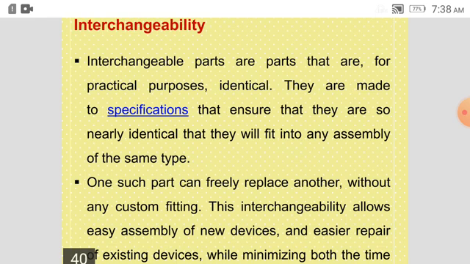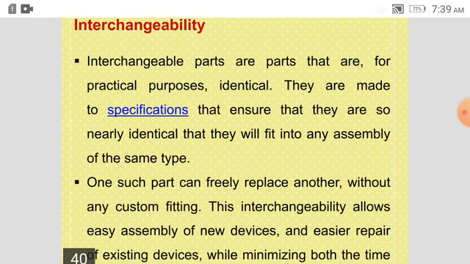So it may be some pistons, if you require, say of 50 diameter, then some 10,000 pistons we are producing at one place, and it is going to assemble with a cylinder which can be produced at some other place. So that cylinder and piston assembly should match. So the parts produced at different locations are to be brought together at one place to get assembled, and those parts should get assembled very easily. So that is the concept of interchangeability.